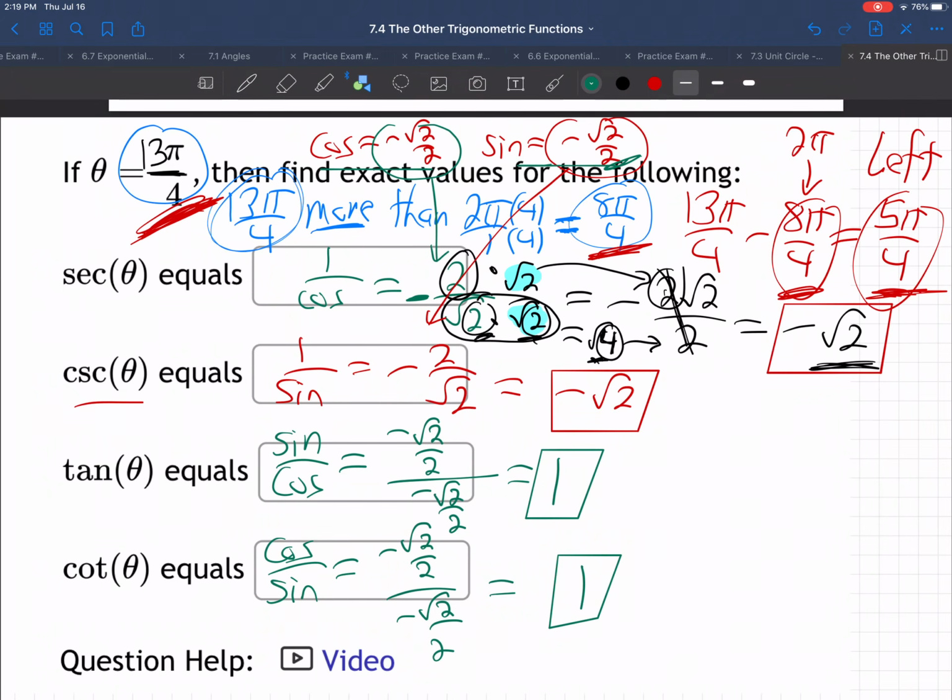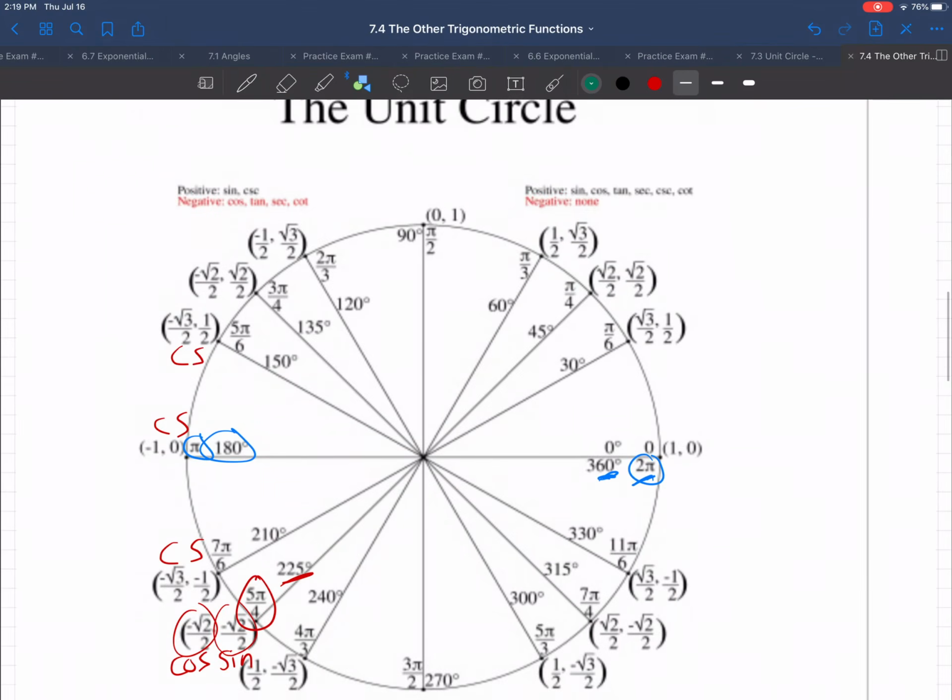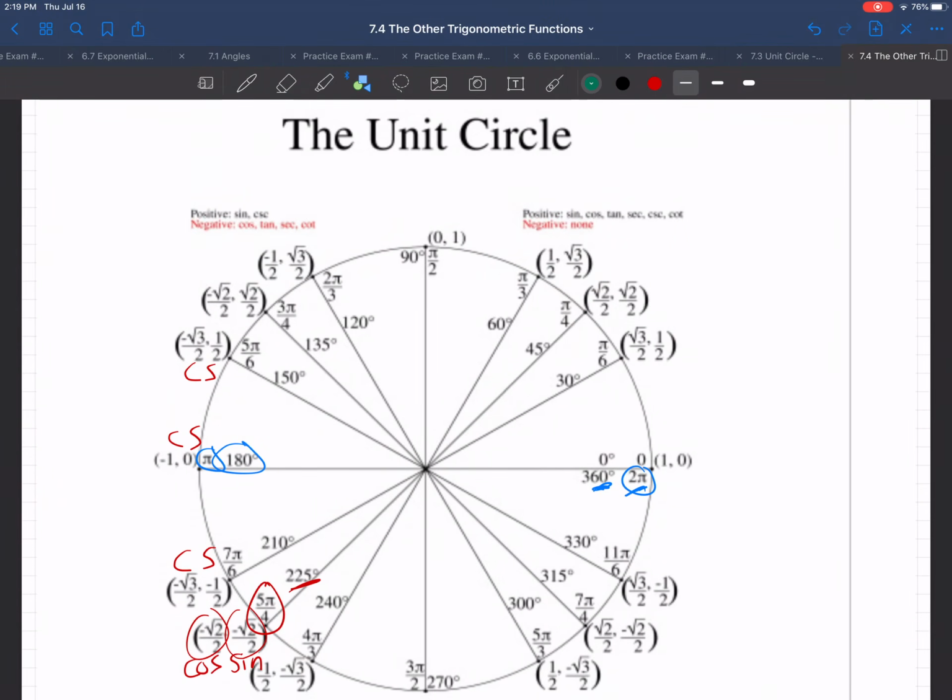We got sine and cosine from the unit circle by realizing that 13 pi over 4 is more than 2 pi. So if you subtract 2 pi, which is 8 pi over 4, if you take out that extra rotation, you get down to 5 pi over 4. And so we just looked on the unit circle. It's all about having this unit circle in your notes on the homework and the exams. We found 5 pi over 4 right there,